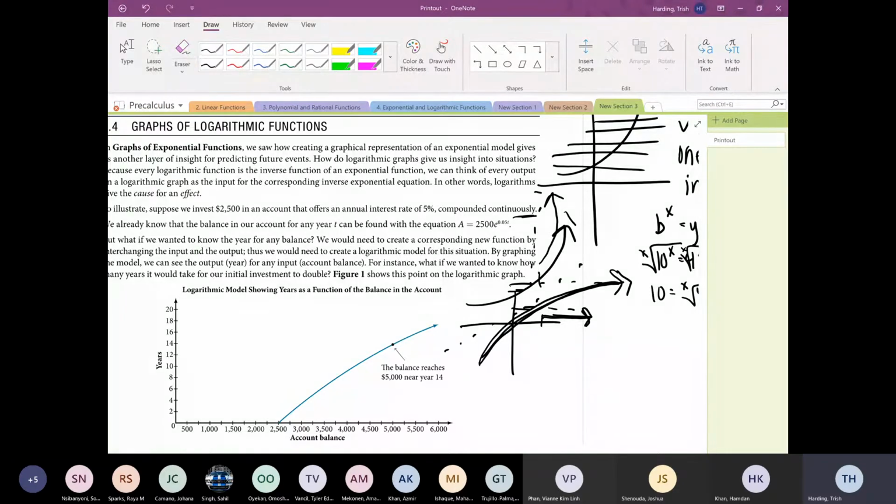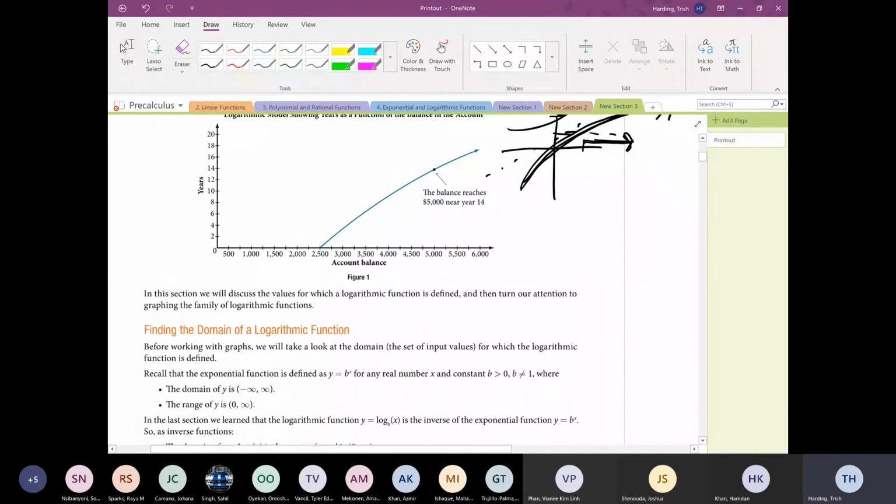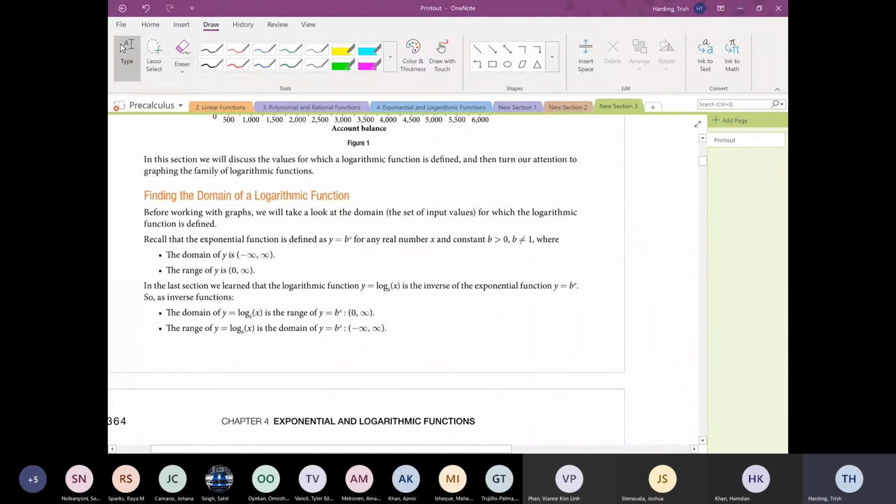It will look like an upside down exponential. A lot of things are modeled this way. One of the benefits of having them be inverses is that the domain and the range of your exponential are going to be the range and the domain of your logarithmic function. Notice the domain of the exponential is